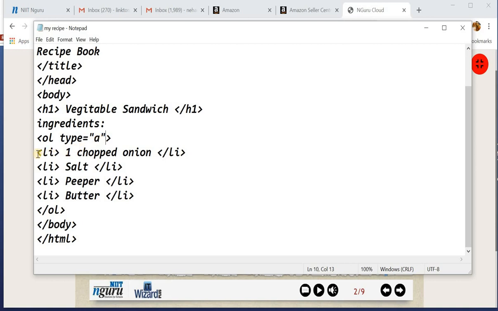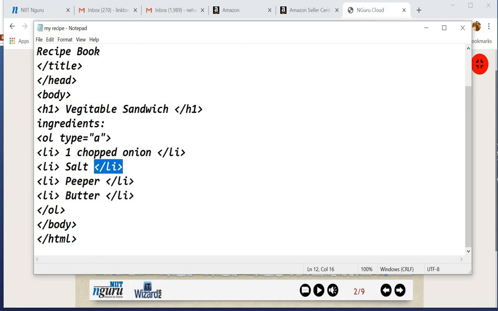And then you will start the LI tag, that is for listing. So the LI tag is for listing. You will start the LI tag, then close the LI tag here, and then you again start the LI tag, and then again close the LI tag from here. So these all are the tags. The OL tag will start from here and close here, then body close, and then you will close the HTML tags. Okay.